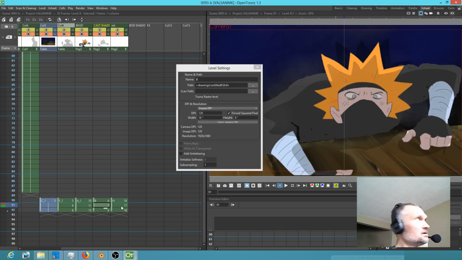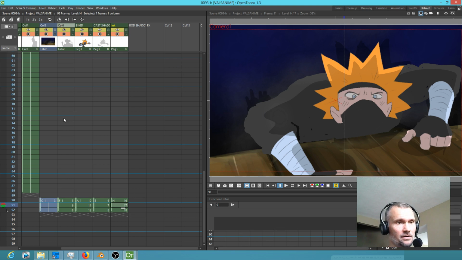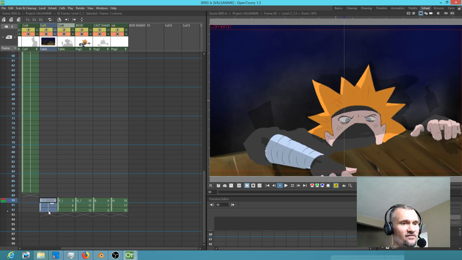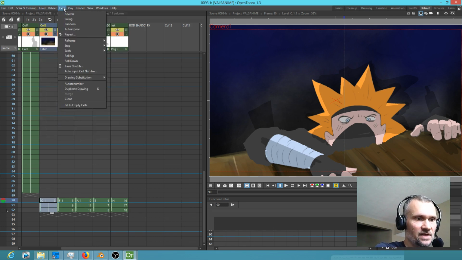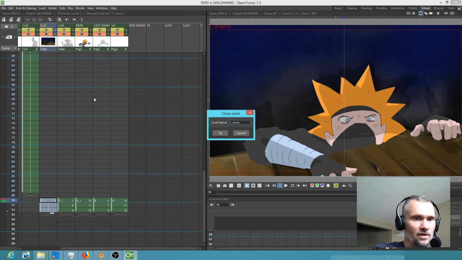Okay, so there's basically no correlation between these levels that are stored somewhere on the hard drive and the levels we have here. What we could do if we want to play it safe is do cloning, which is level, where's clone? Actually, it's under the cells menu. If we clone it,